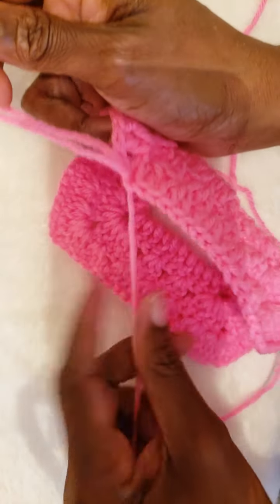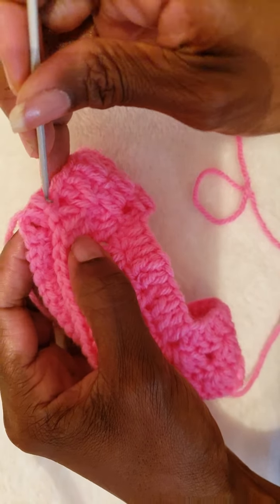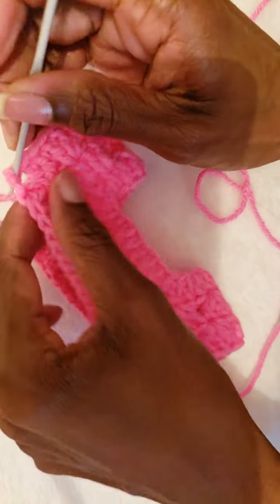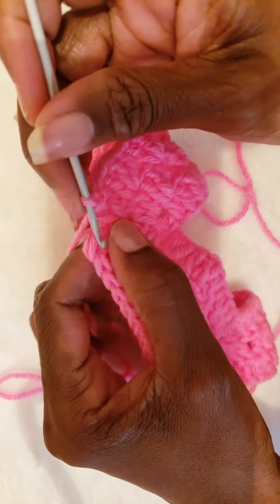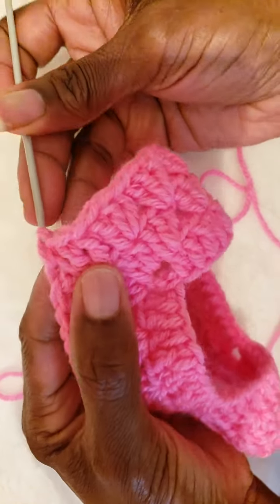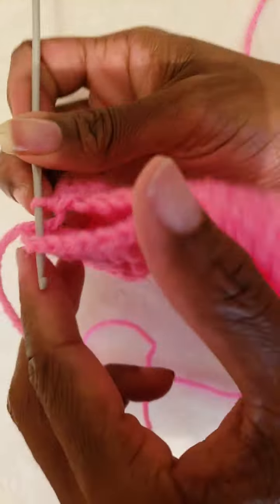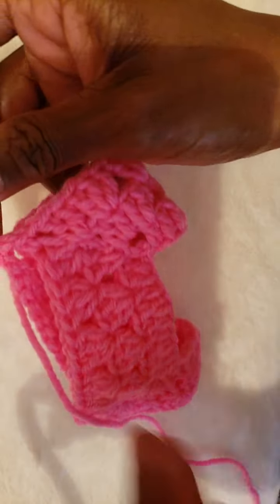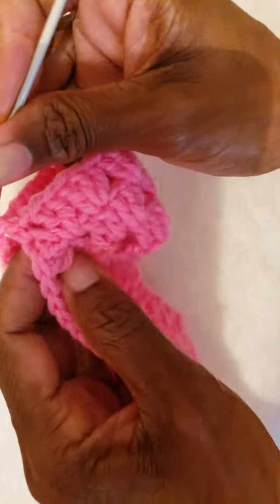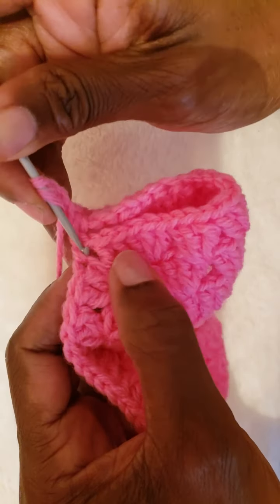So I'm just gonna join this, just so you get an idea. I'm gonna join it here, as you can see. When you get to the corner, the last stitch, you want to make 1 single crochet, and you're gonna go like this, and you're gonna go into your next stitch here, your sharp corner or your sharp edge, and you're gonna pull your yarn through, and you're gonna make 1, 2, 3 chains, and you're gonna go into your first stitch here,